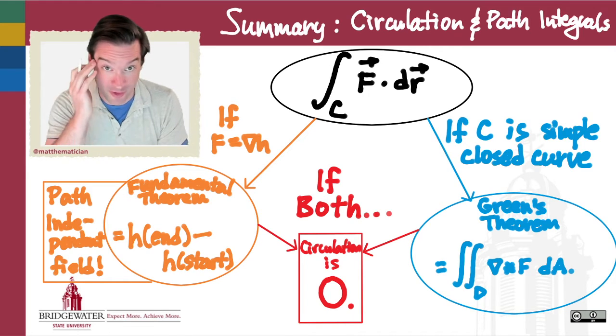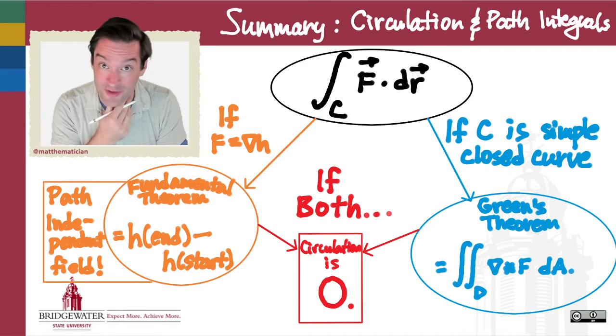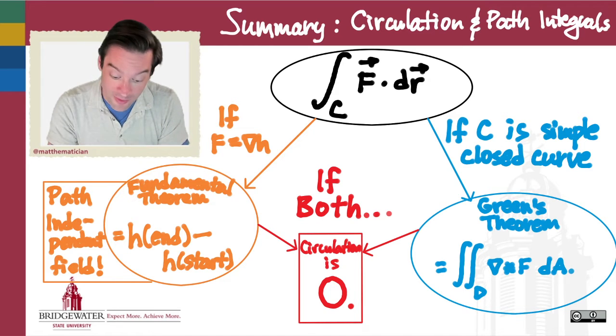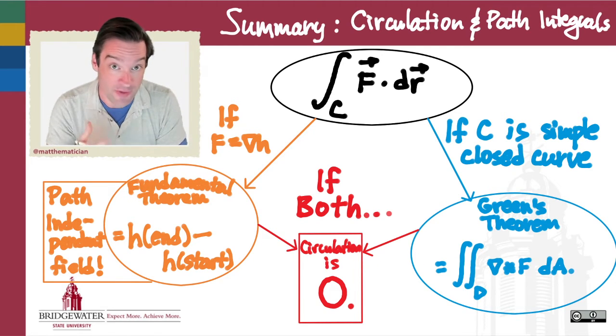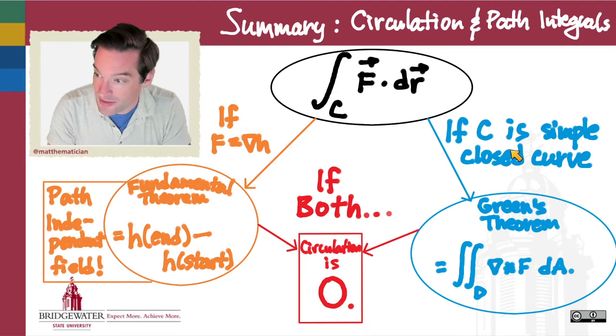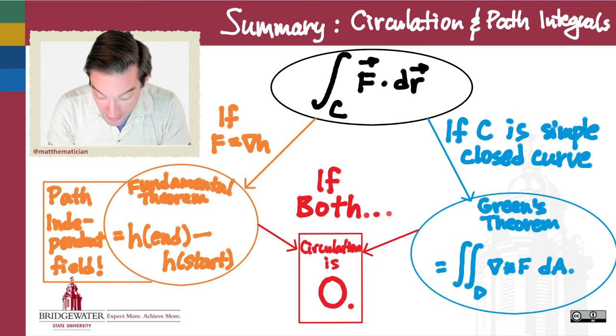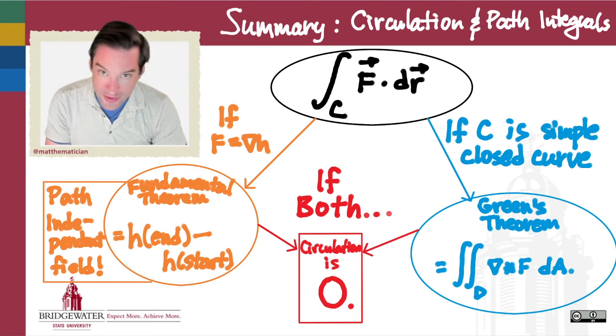There's not going to be a fundamental theorem analog for surface integrals. We could probably come up with one, but it would be pretty contrived, and so it wouldn't be very useful broadly. It's more the right-hand side of this diagram that we're going to have a correlate to when we talk about surface integrals. When we had a simple closed curve, we had a theorem, Green's theorem, that helped us to evaluate the circulation around that simple closed curve. Similarly, when we think about surface integrals, if I have a simple closed surface, then that will help us to evaluate the flux through that surface by trading it out with a triple integral, and that's the divergence theorem. But there is going to be a third